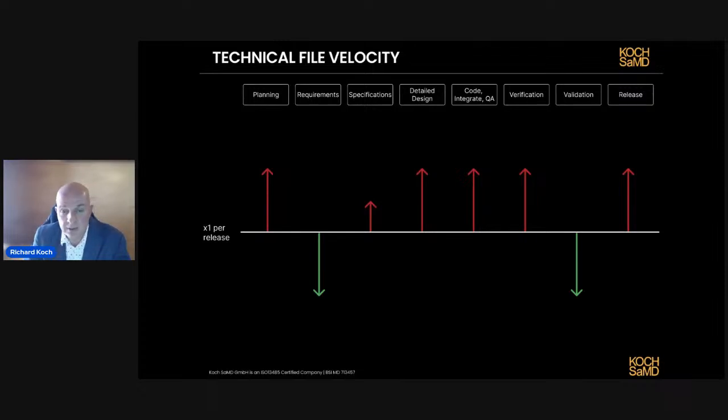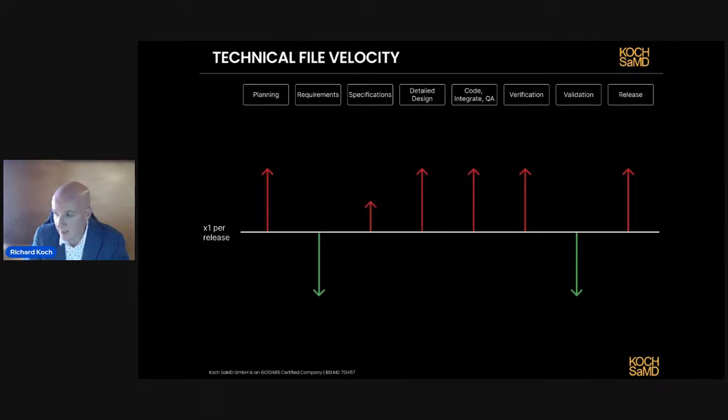If you look at requirements, it's not quite as strict as I'm going to say it, but generally your requirements will only be updated maybe on your major upgrades, because if you're updating requirements, you generally, almost as a rule, need to carry out validation on those requirements. So you won't be doing that every release. But if you get into specs may change, but definitely on the detailed design, that's what determines what you're coding. That will be updated every release. And again, you're going to be coding every release, integrating, QAing, doing verification testing before release.